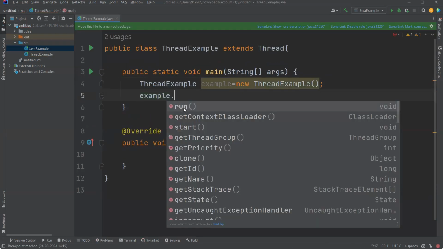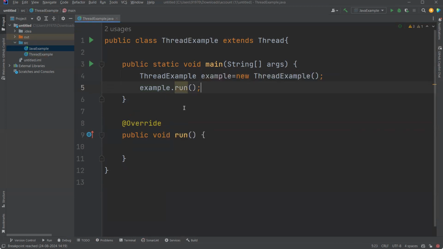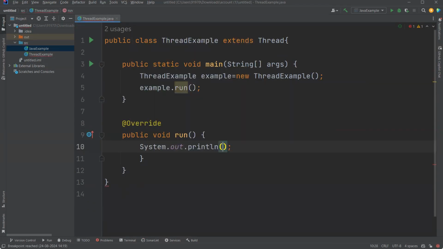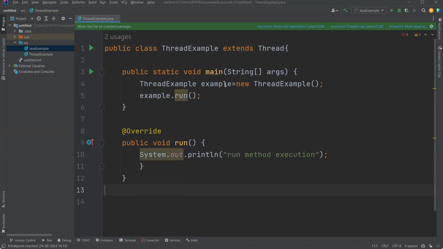See, if you're calling the run method directly, you can write something here, System.out, run method. This is the method, and I don't want this one. Okay, if you're calling this now,